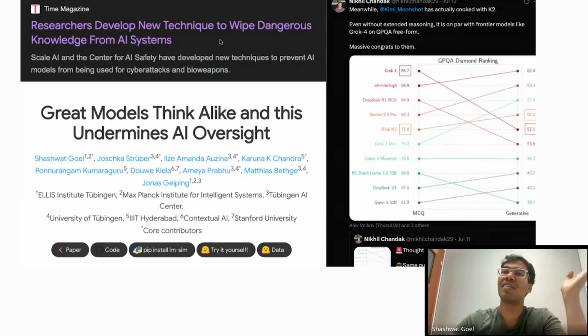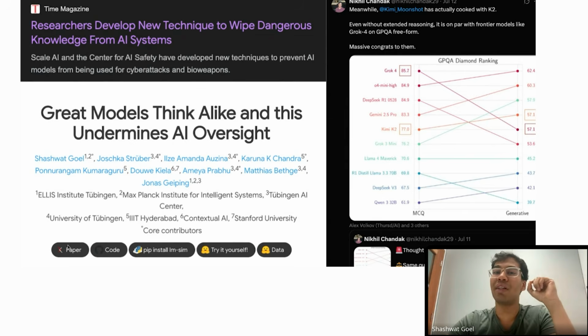And then the second one here: in our model similarity paper we released a website where we made the paper and code, which everyone gives obviously, but we also made a pip package that makes it very easy to measure model similarity for your own models. I think some people have found it useful, and I've heard from people who use the package later